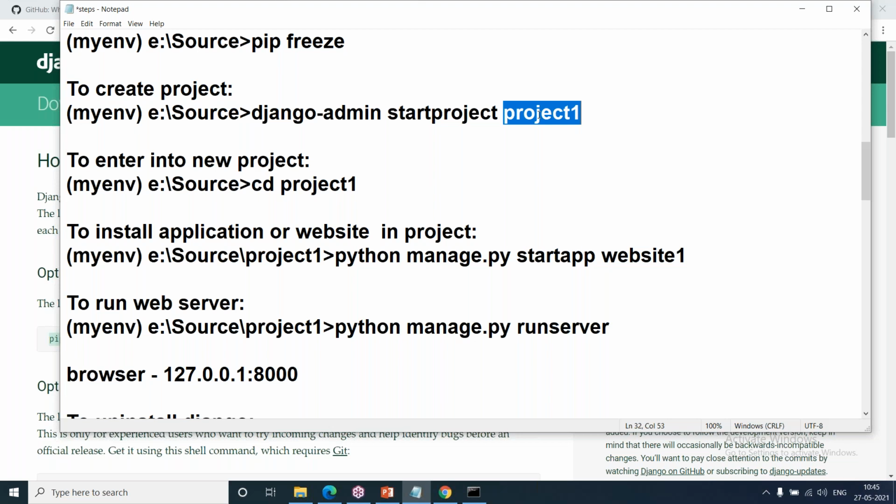In Django, a project is a collection of applications. Applications means websites. So in one project, you can create any number of applications, any number of websites, for the same client or for different clients and different companies. We can do that. In every project, 6 apps are installed automatically: 6 applications, like authentication, security, session management, admin, all these.